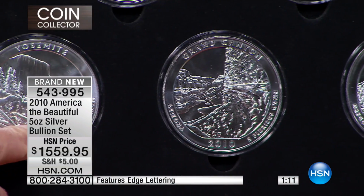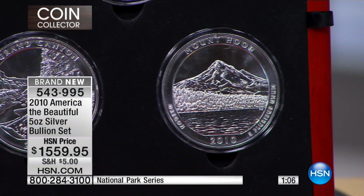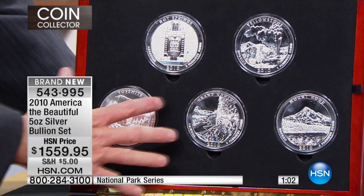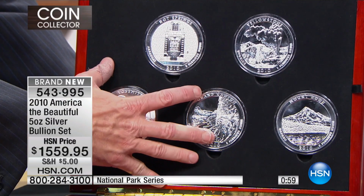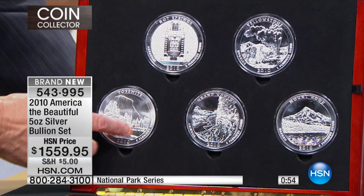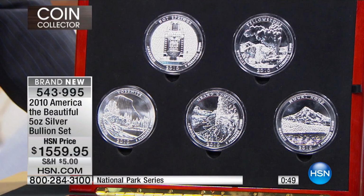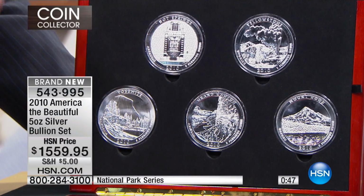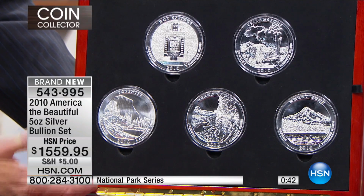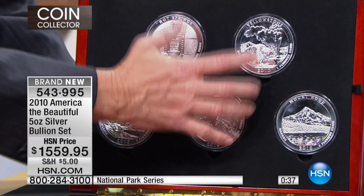These coins are 3 times as rare. If they were an American silver eagle, they would supplant that coin, but not at $1,000, at $299 a coin in essence, since we're selling them all just like this. That's right. At $299 a coin, plus they've got 5 times the silver, because each one's 5 ounces. So you get 25 ounces of silver. It wasn't that long ago that the silver in this would have melted for $1,250, easily, when silver went to $50 an ounce. Yeah. That's the beauty of this, the backdrop of the intrinsic value, the incredible rarity,